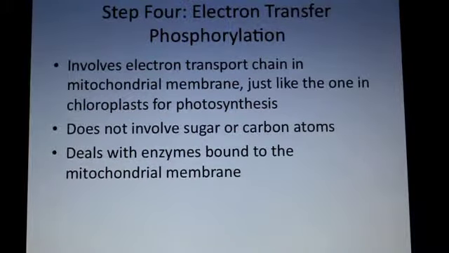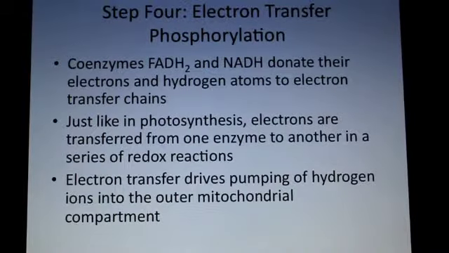This step involves an electron transport chain in the membrane of the mitochondria, just like the one in chloroplasts for photosynthesis. So no sugar or carbons here, just enzymes bound to the mitochondrial membrane and redox reactions. So the coenzymes FADH2 and NADH donate their electrons and hydrogen atoms to the electron transfer chain. That's what they're doing. Think of the NADH and the FADH2 as the quarter to start this game. So you need that in order to do electron transfer